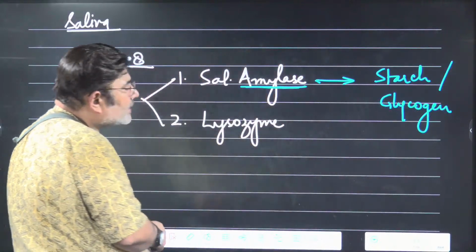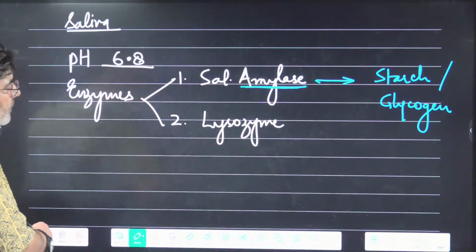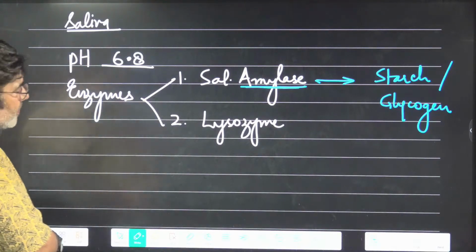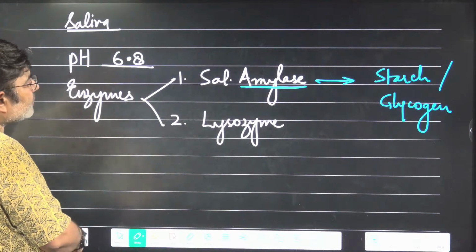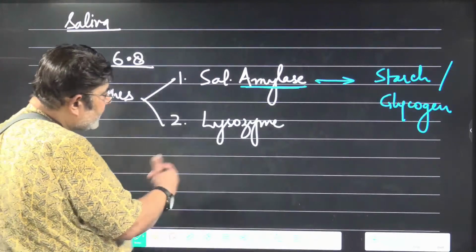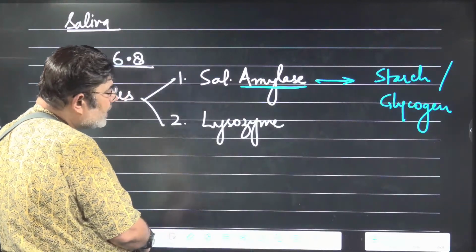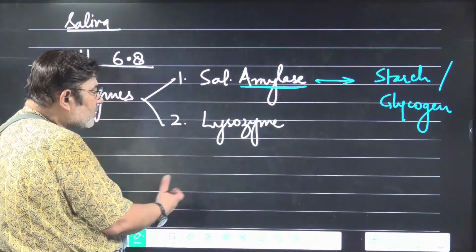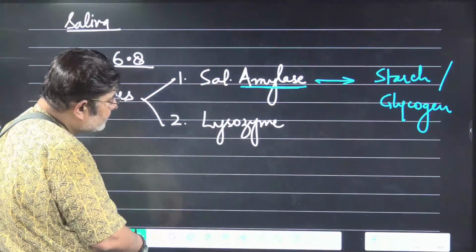If you eat non-vegetarian food, then in your body, even glycogen is there, and glycogen is digested by the same amylase. Starch is made up of amylose and amylopectin, and from that, the word amylase has been taken. Any word ending with ase is an enzyme. So most of these words end with ase.